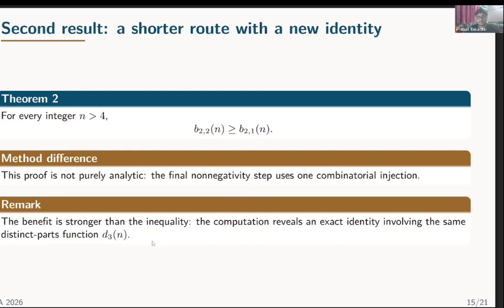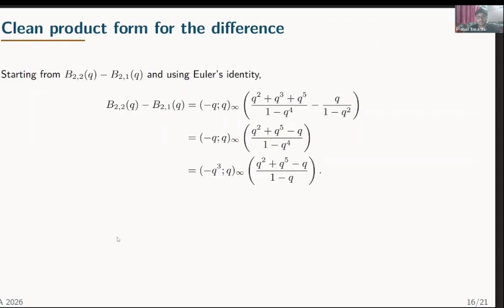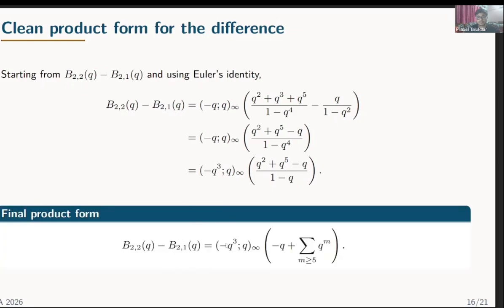But the useful point is that the generating function calculation gives more than the inequality. It gives an exact identity involving the same distinct parts function d3 of n. Now let us first see the clean product form of the difference. Now we start with the difference b22 of q minus b21 of q using Euler's identity. The difference simplifies to a very clean product. The final form is the distinct parts product